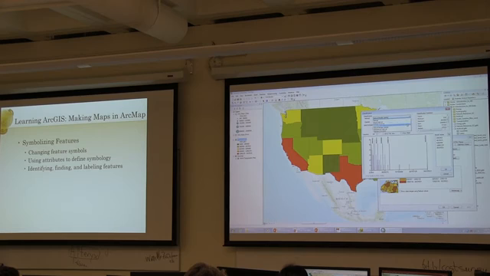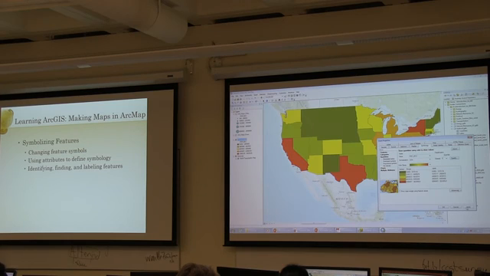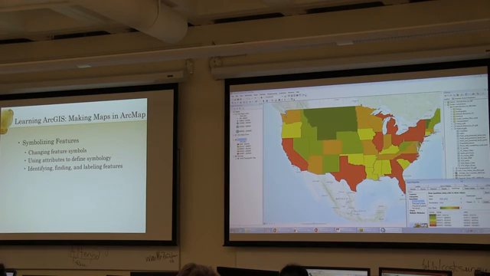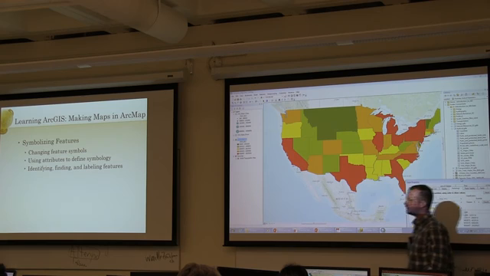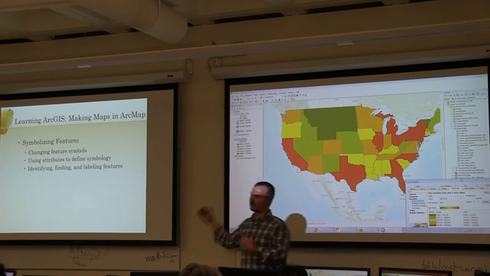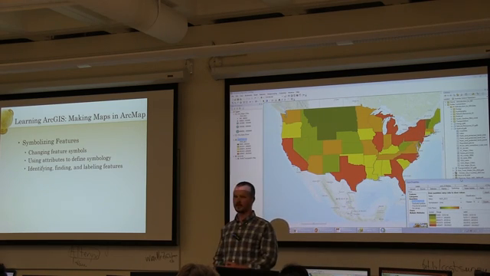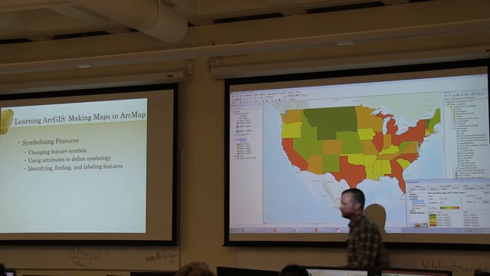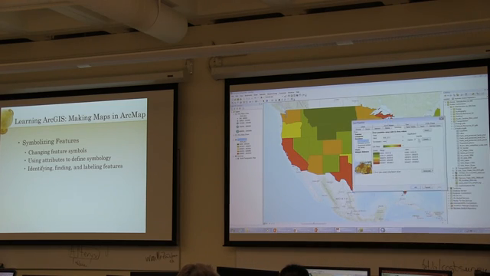Again, we can say equal interval, or we can go to quantile. For instance, just say OK, and then apply. And now I have a map of each 20% of states and the category they fall into. Things like the quantile